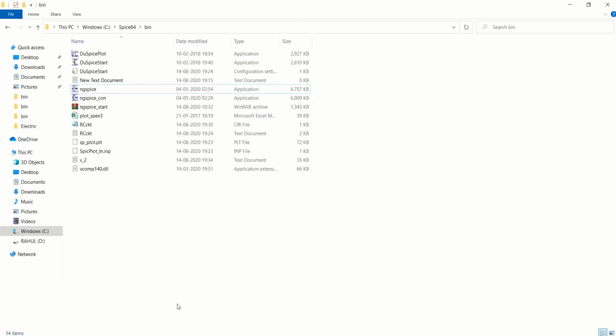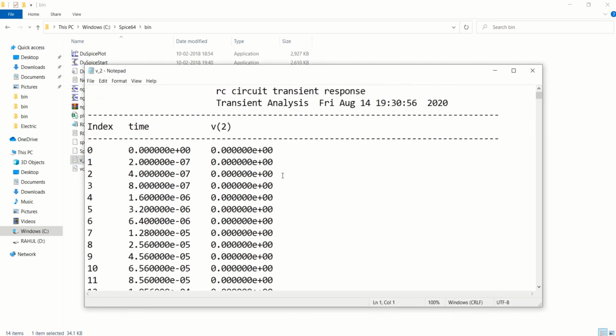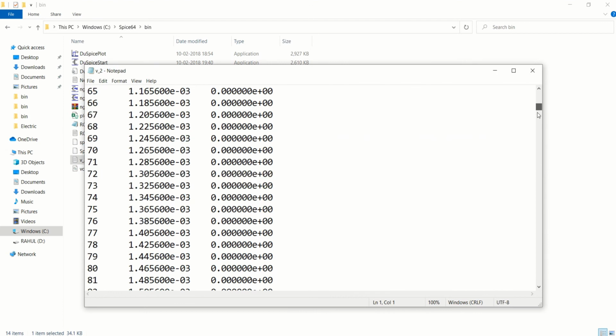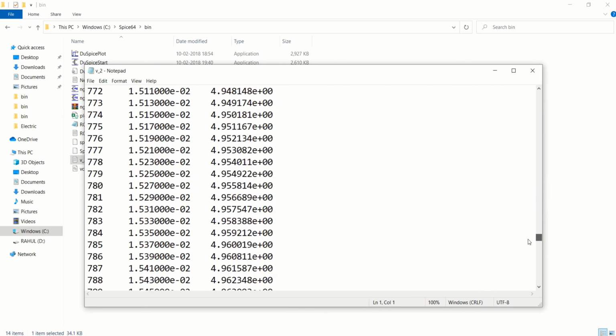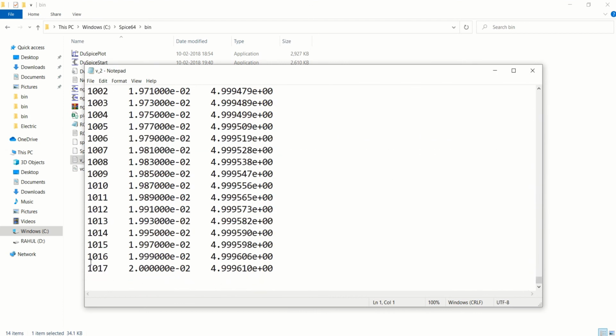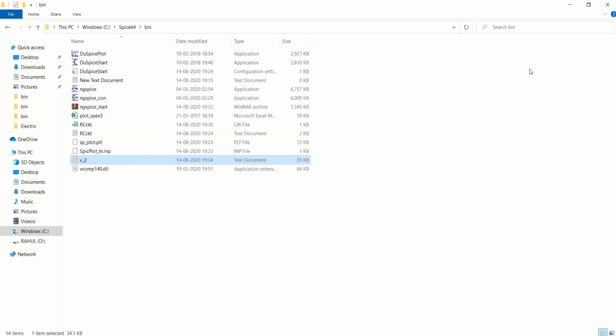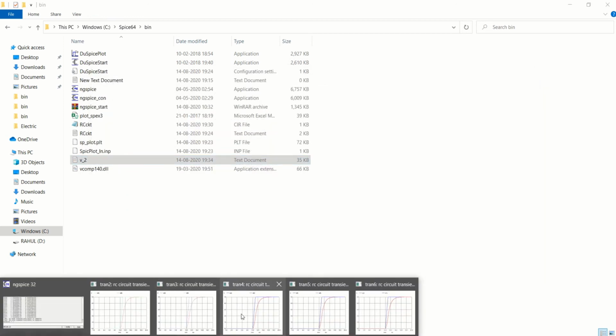Till that it is going to run, and you can see that a new file has been created with v underscore 2. So you can view all the results up to 1017. All the values will be plotted, and you can take these values into the Excel sheet to plot them.